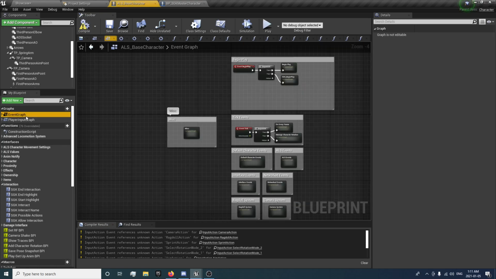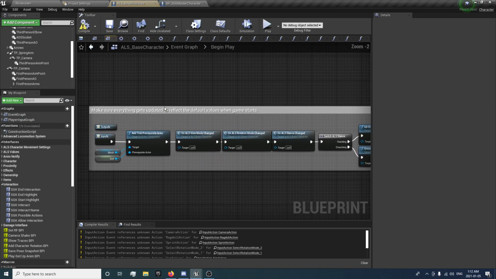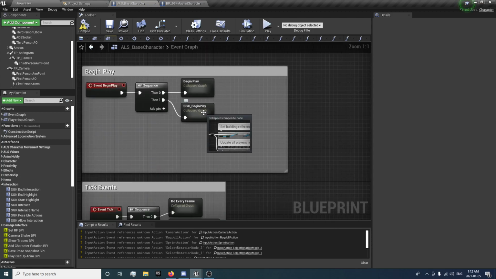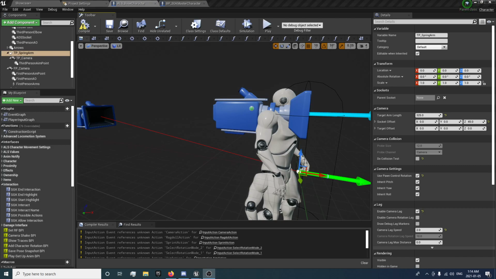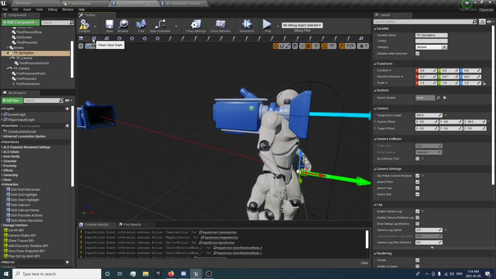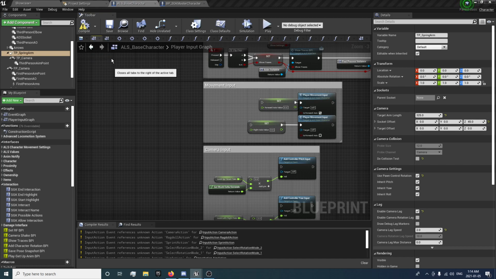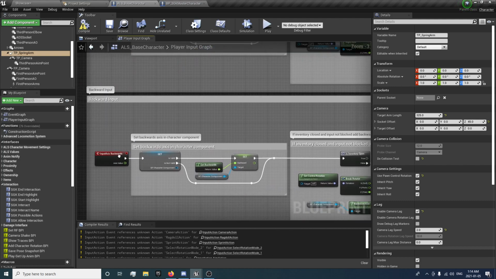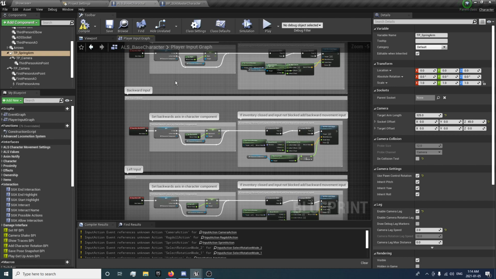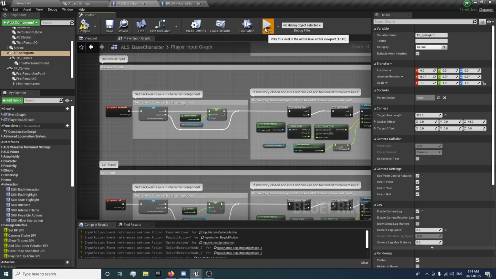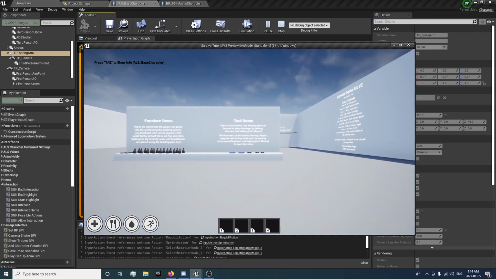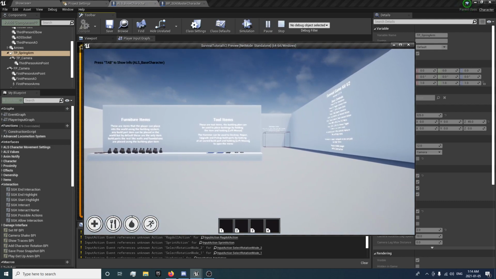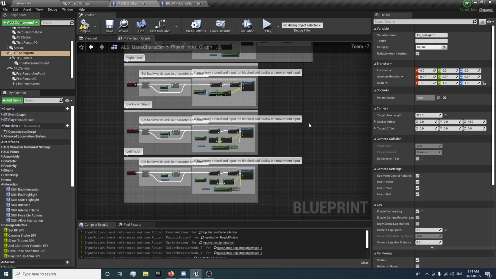And I'll go to the event graph. I'll pause it and test the camera a bit, see what's up. Alright, we'll just deal with the camera there, I think. So, I'm going to right click and close all tabs. And so now in our input graph,